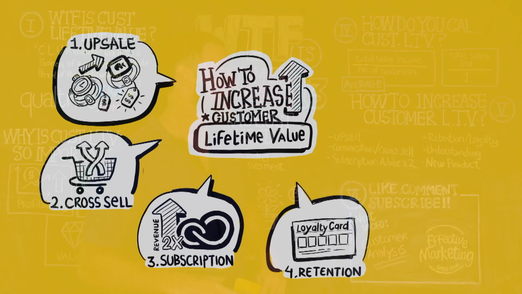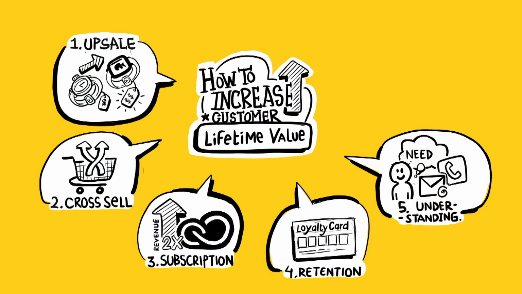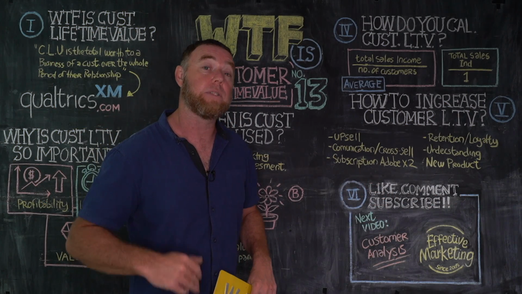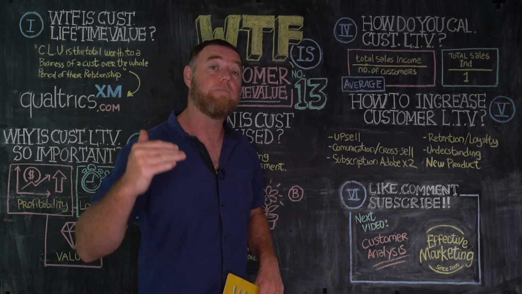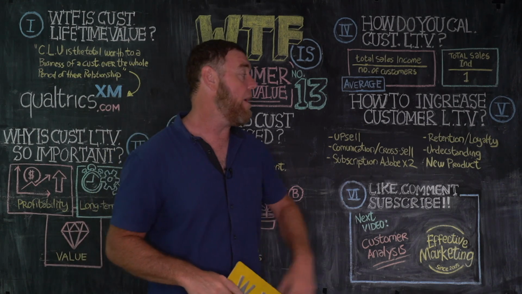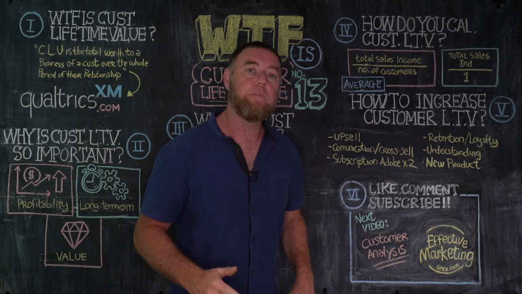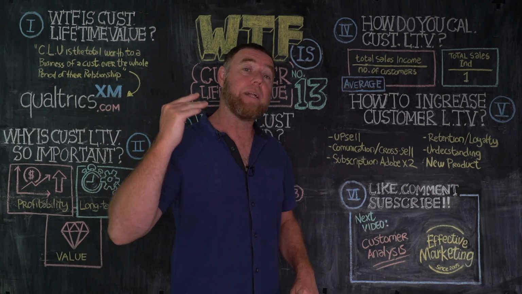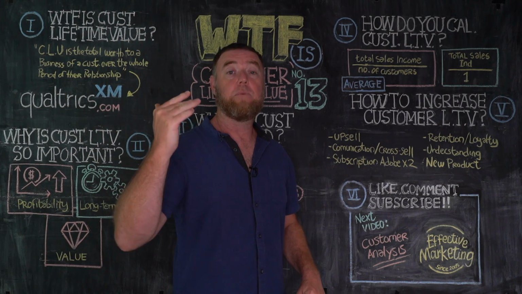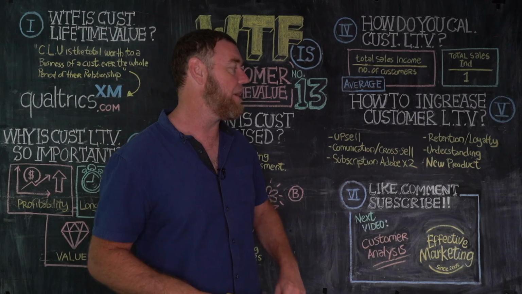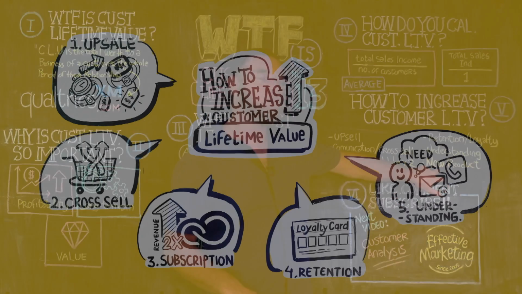The 5th thing is about understanding your clients better and better, and this is tied in with the communication. So your mission as a marketeer is to understand your market better and better and better. Now you have the ear of your customers, you have the email address of your customers, so you should be continuously talking to them about the challenges that they have in their lives and the way you might be able to develop solutions to those challenges and develop those solutions, which brings us then to point number 6, which is